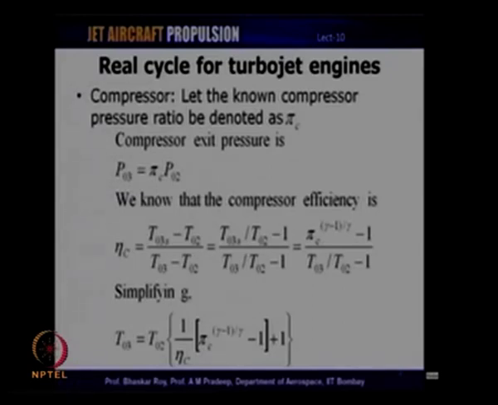Once we know the stagnation temperature at the inlet of the compressor, the pressure ratio and the efficiency, having known these three parameters, we can calculate the compressor exit stagnation pressure as well as the temperature. So, we now have the pressure and temperature all the way up to the combustion chamber inlet, which is basically the compressor exit. The next component which we will take up for analysis is the combustion chamber,